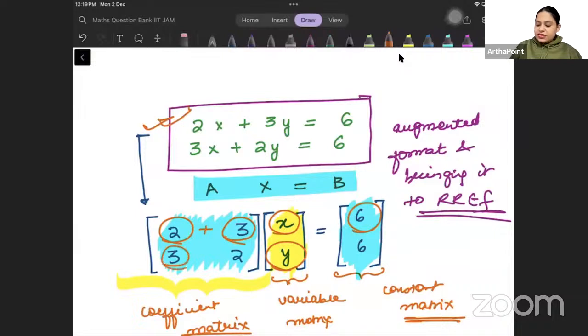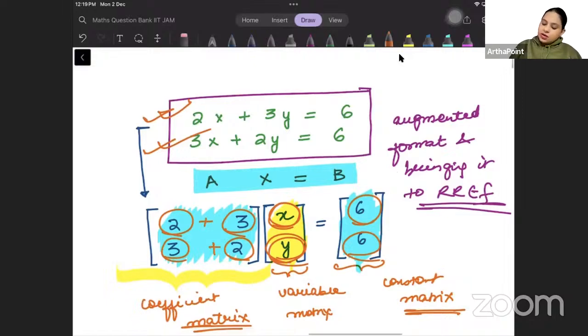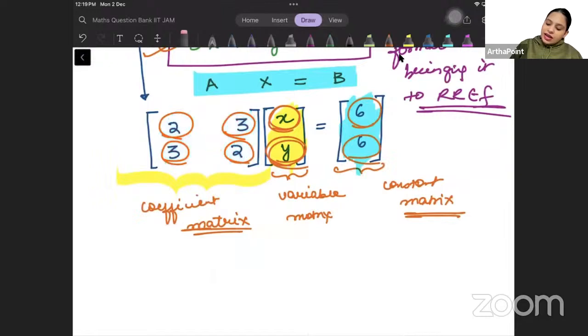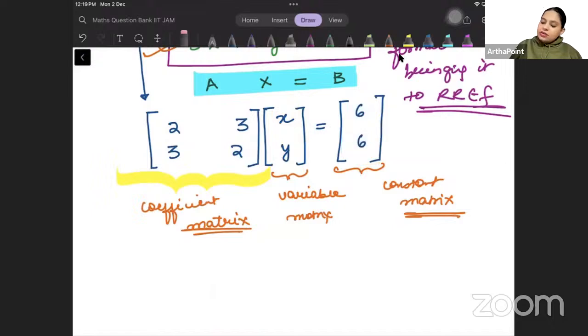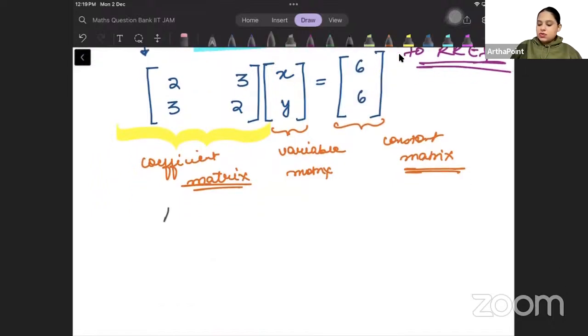Similarly, if I multiply this into this plus this into this, equal to this, I will get the second equation. Which means that equations can be represented in the form of a matrix. Now, from here, we can have something known as an augmented matrix. An augmented matrix will look like this: A dash B. So let us write this in the augmented matrix format, and we will get 2, 3, 3, 2,